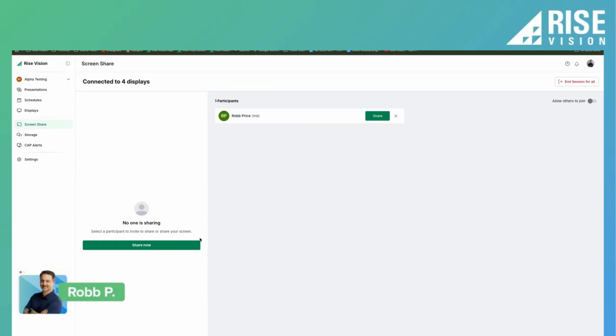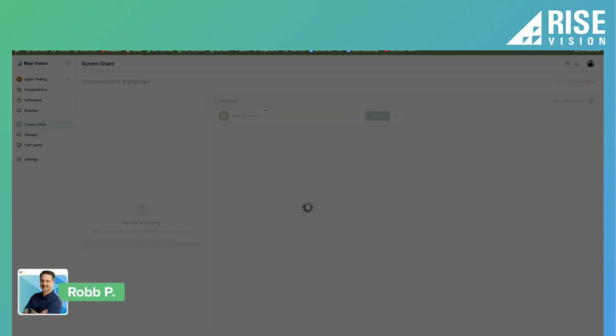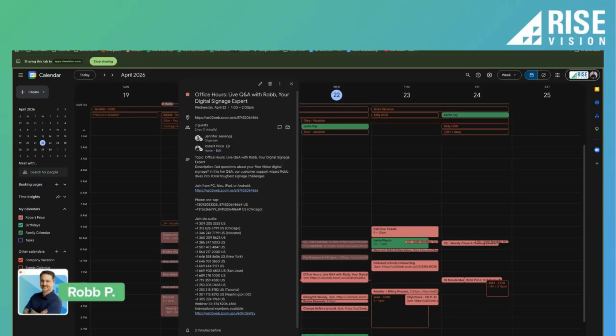And if it's a moderated session where you want other people to join it, you could click allow others to join, and then other people can go to risevision.com/join, type in that code, and they would all be populated in here. But for my example right here, I'm just going to share my calendar. So notice once I set that to share, if we look at all the screens behind me,